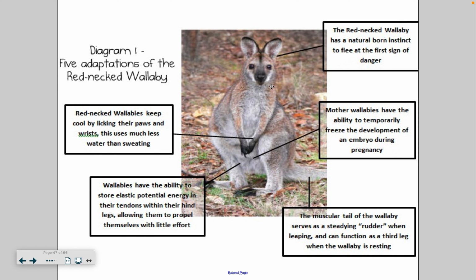And I know all of you are like, oh, Mrs. Erickson, that's way too hard. Well, you know what? Maybe we can find something else for you to do, but I really want you to sketch it, okay? So I chose the red-necked wallaby for my example. Let's go through each of these adaptations and see if we can identify it as either structural,